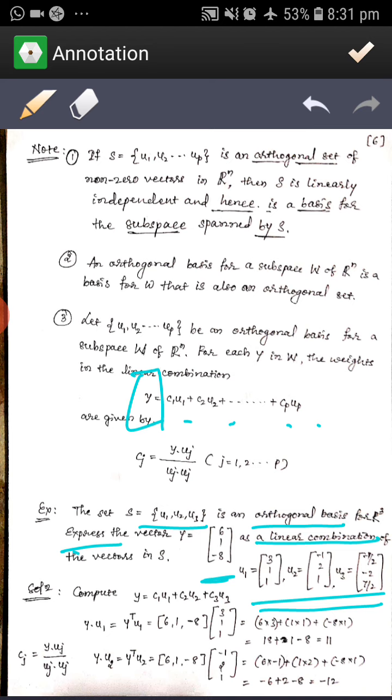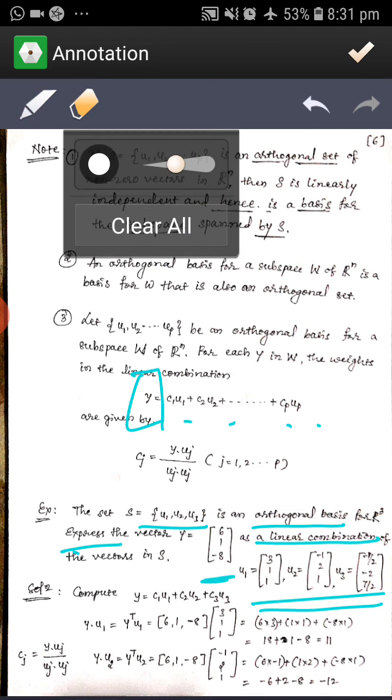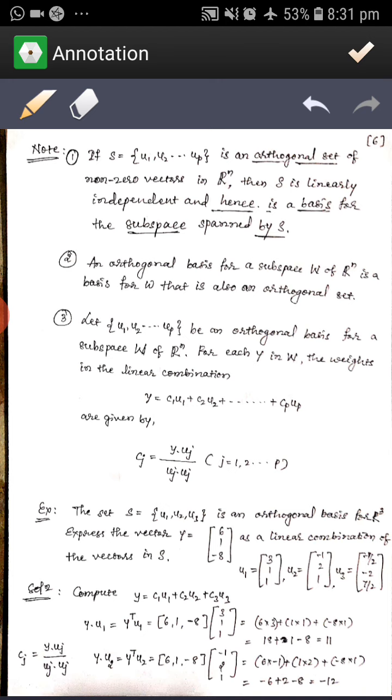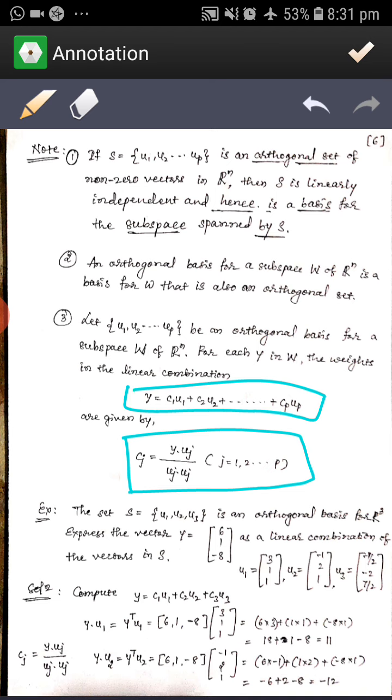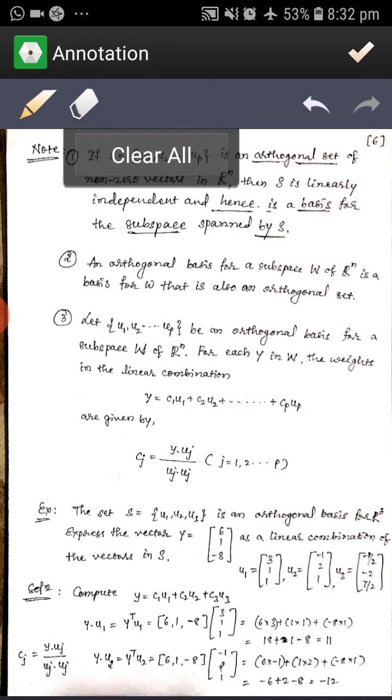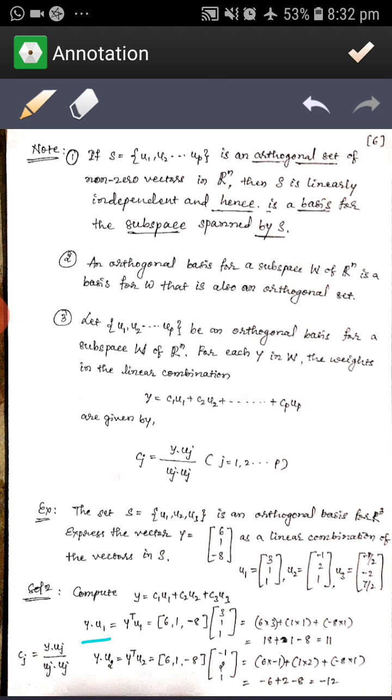So how can we show y is a linear combination? We need to show that this is an orthogonal set. If this equation is satisfied, then we call it a linear combination. So here we need to compute y = c1 u1 + c2 u2 + c3 u3. We know u1, u2, u3, and we know y. Then how to calculate c? c is nothing but y dot uj divided by uj dot uj. So first you calculate y dot u1,